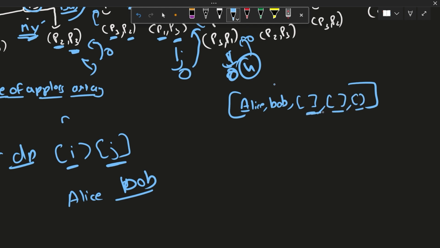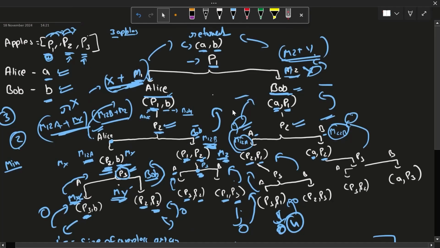And why will this array be containing the points of apples? As I was saying, it will be containing the positions of Alice and Bob, because the position of Alice and Bob will be updated according to the position of apples, right? I think it is clear how we're going to do it, how the call will happen,